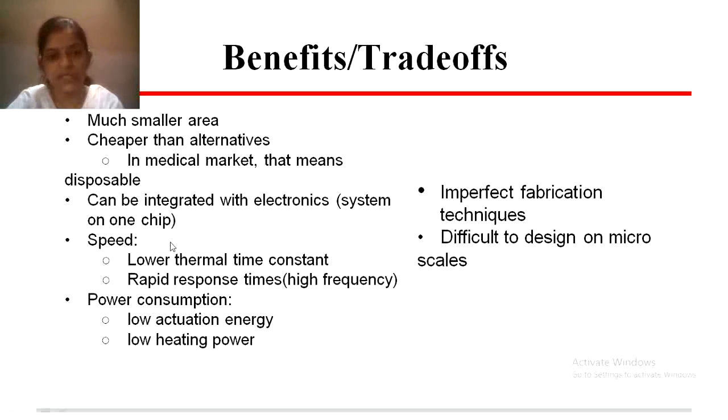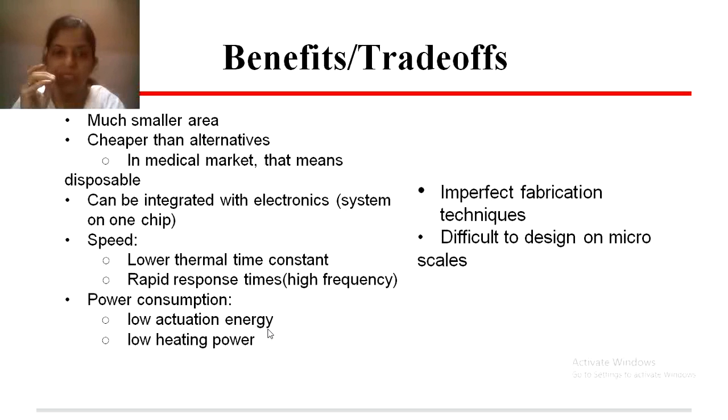For speed, there is a lower thermal time constant and rapid response time, that is, high frequency. For power consumption, there is low actuation energy and low heating power. When designing micro devices, power, cost, and speed,